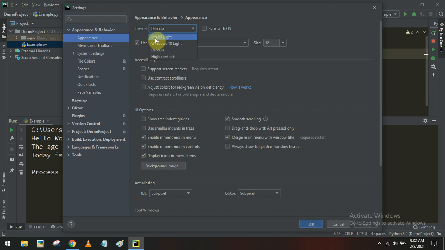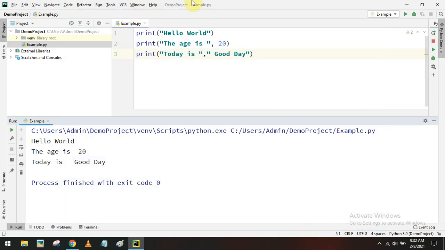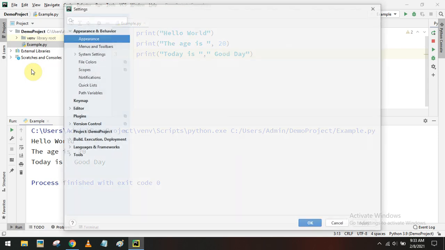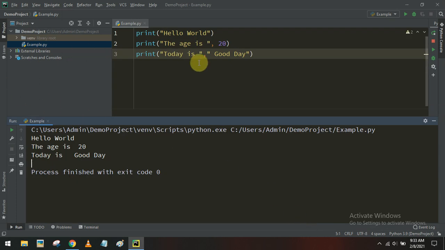If you want a light theme, you can select IntelliJ Light, then apply and give OK. So now you'll get a light color theme. If you want to switch back to the previous theme, you go again to the settings, select Darcula and give OK. So now you'll be back to the previous theme.